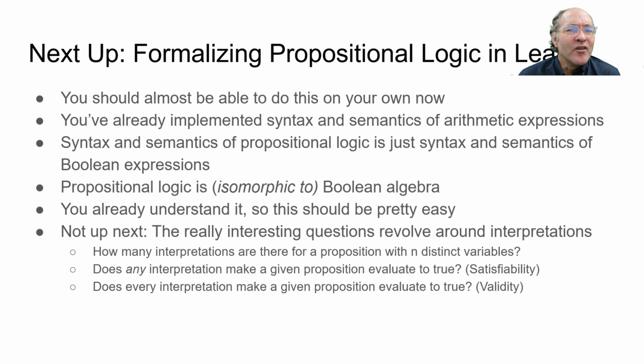And so now the really interesting question. If I give you some proposition with those 8 variables in it, does that proposition evaluate to true under any of those interpretations? In other words, we're asking you to answer the question, is there an interpretation under which a given expression evaluates to true? That's the problem we call Boolean satisfiability. And it's one of the most fundamental, important, and interesting areas in computer science. It's still a hugely active area of research, and programs that can solve that problem efficiently in practice are tremendously